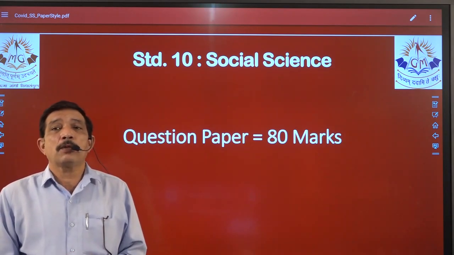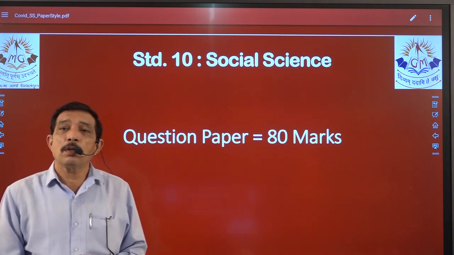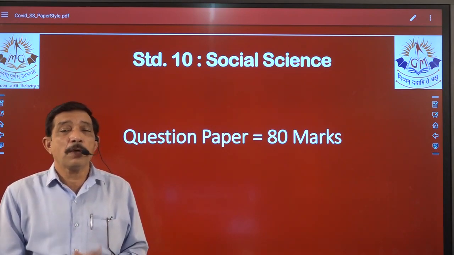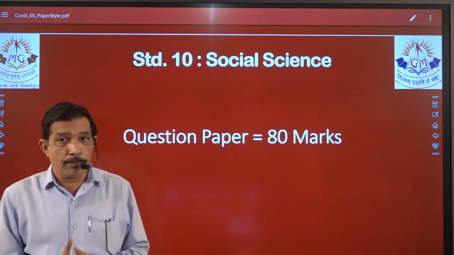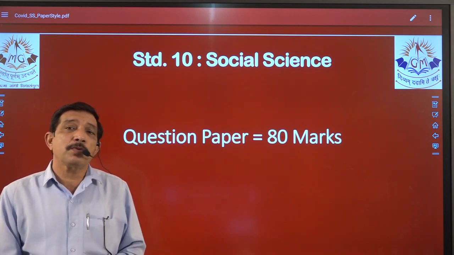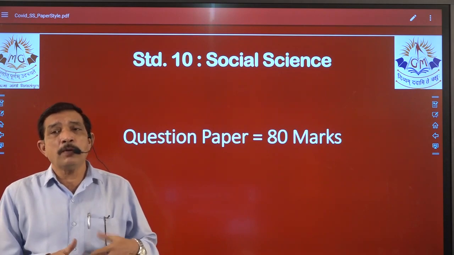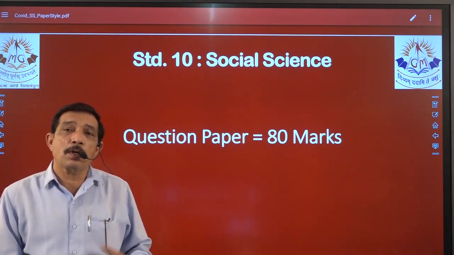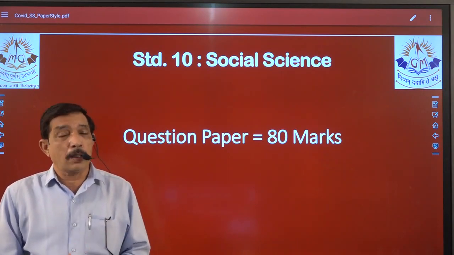The normal pattern that was decided by the Gujarat board had 16 marks of objective and the rest of the paper of 80 marks was subjective. Now, with the change in the syllabus, because we had 21 chapters complete, the complete book of social science is always taken for the exam. So we have complete 21 chapters in a normal academic year.